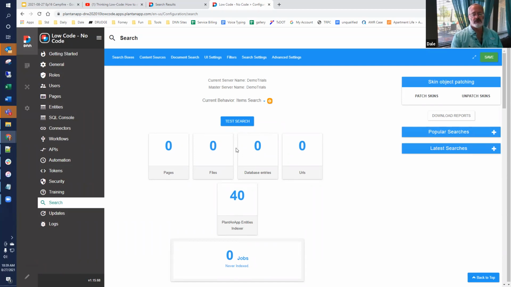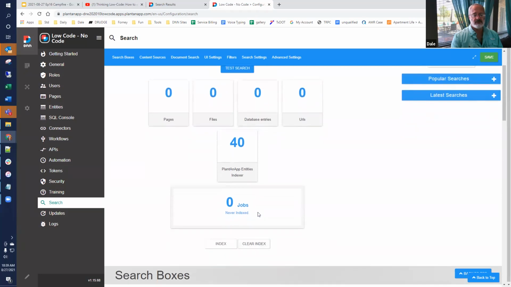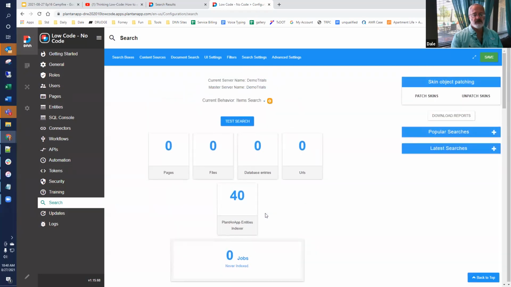This has only Plantain app indexer entities, and it doesn't have any pages, any files, any databases that are visible. And you can test a search.